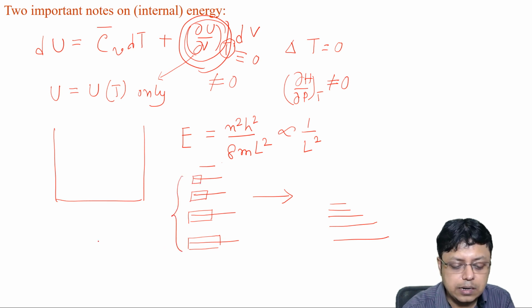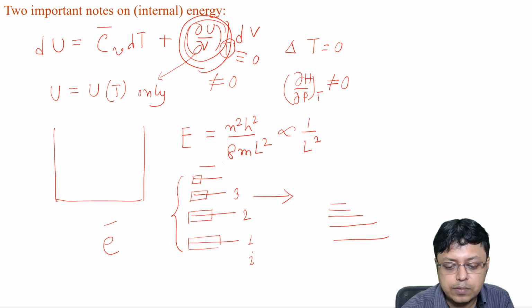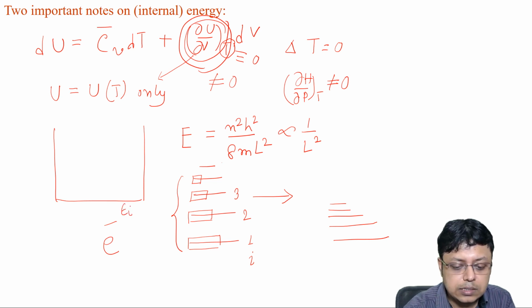That will be dictated by a factor which is known as the Boltzmann factor. So if we call that for any level which we denote as i, where suppose i is 1 for this is the first energy level, i is 2 for this is the excited energy level, i is 3 for this. So the associated energy can be written as E_i,